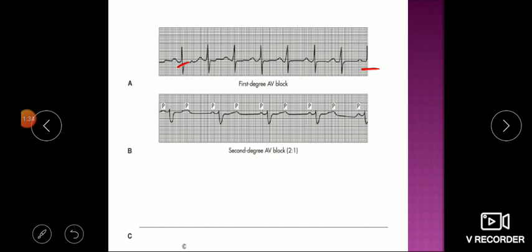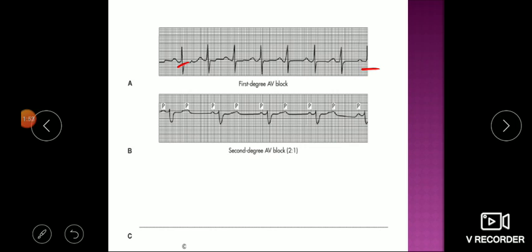Means one QRS complex is absent. Not all impulses from the SA node are reaching the ventricle. You are getting a P wave, after that one QRS complex is absent. That means the impulse has not reached the ventricle. The ventricle is not depolarized. So that is a missed beat.